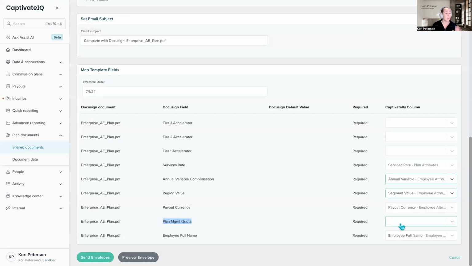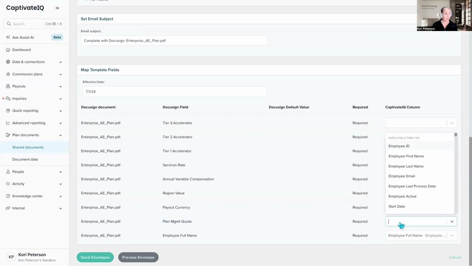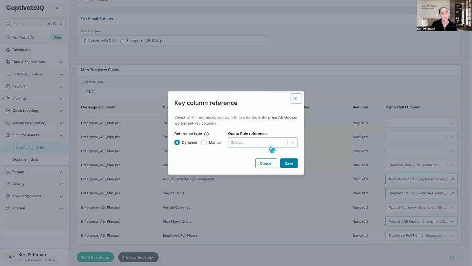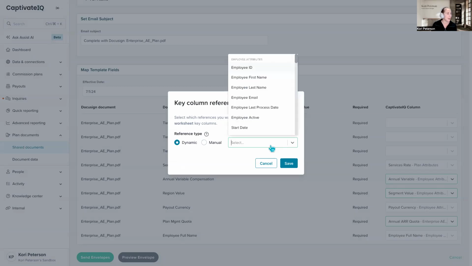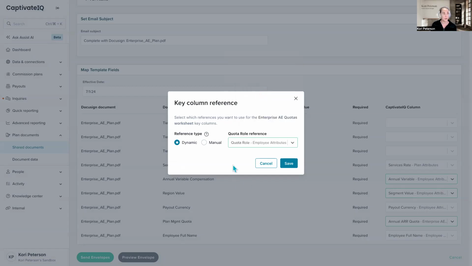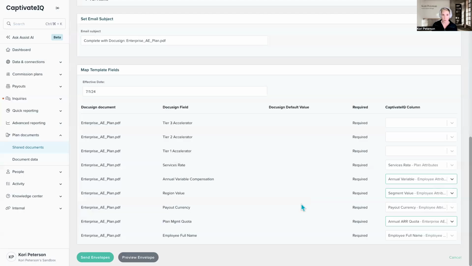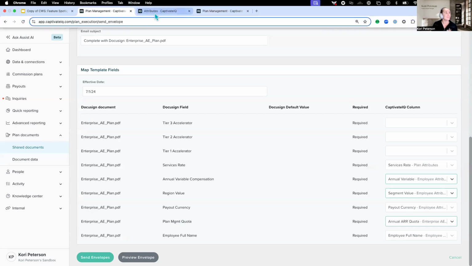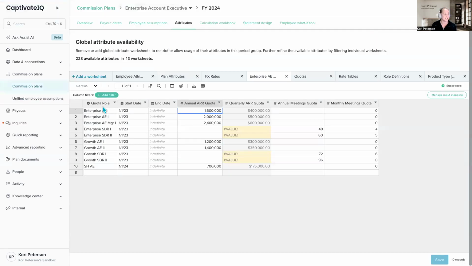So because that had been able to tie back, if I were to type in that annual ARR quota, what this previously would have looked like is the system would have just asked you to verify what value we are using as part of this quota role. So all I would have needed to do is say, tie this back to the quota role within employee attributes and use that as your mapping source. But even though that worked great, I was still kind of out of luck for anything that didn't tie back.